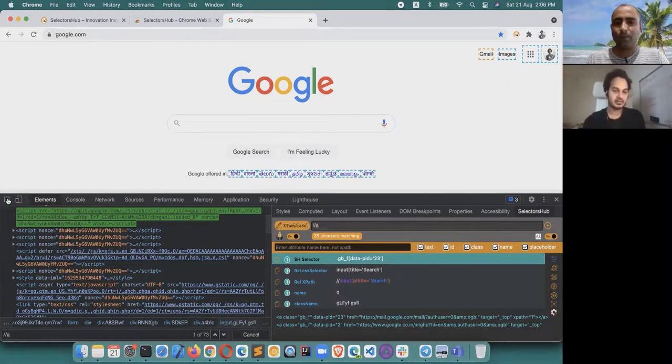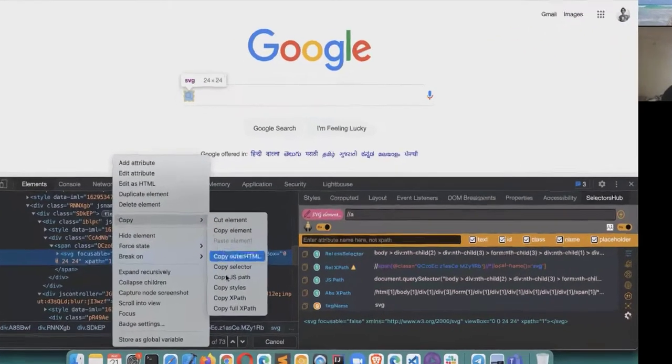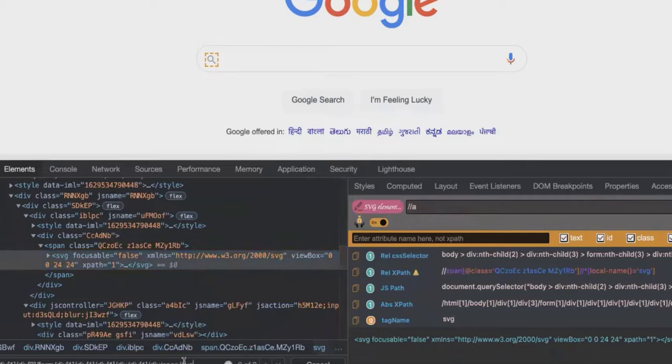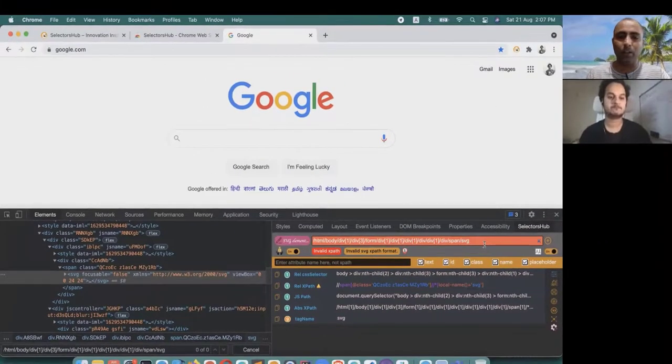In fact, if you write for an SVG element, this is an SVG element, and if you right click and copy XPath, this one, generated by DevTools, you see that it is showing 0 of 0. That means it has generated a wrong XPath. If you copy this and hit enter, select, this is providing accuracy as well as saving time. If you try to find different elements from the DOM, you will get stuck or it will eat your time. So rather than selecting from the DOM, we can directly select in the selector tool, where we immediately get all of the components with 100% accuracy.